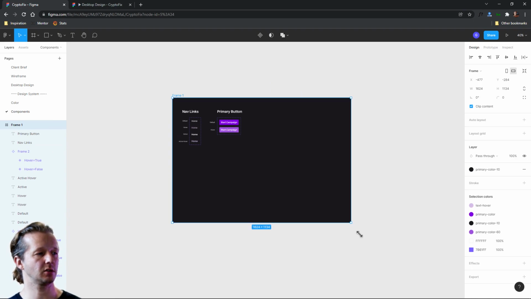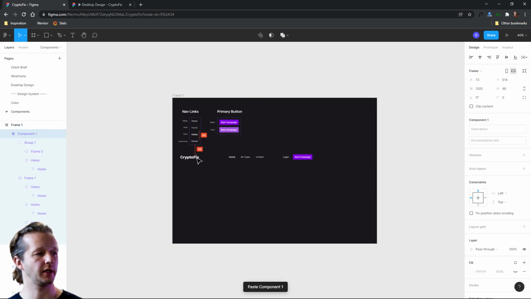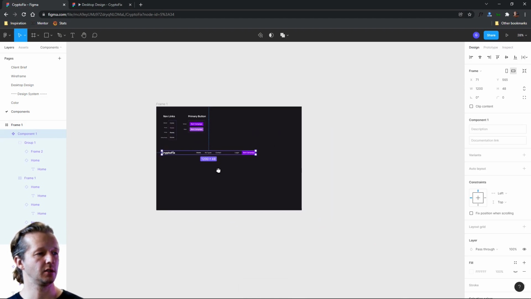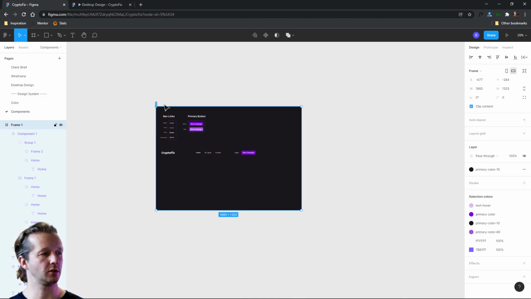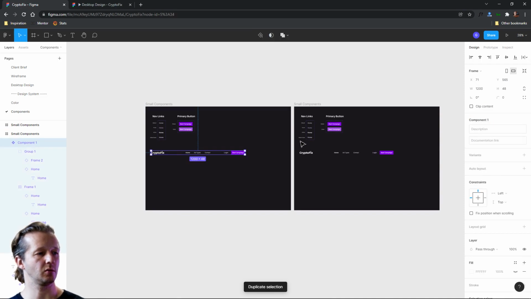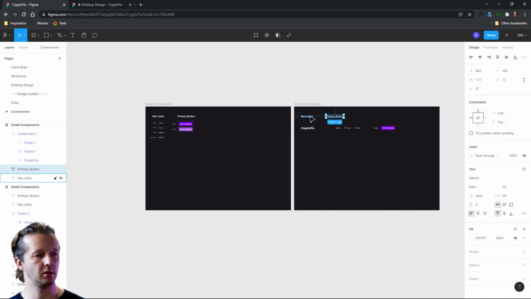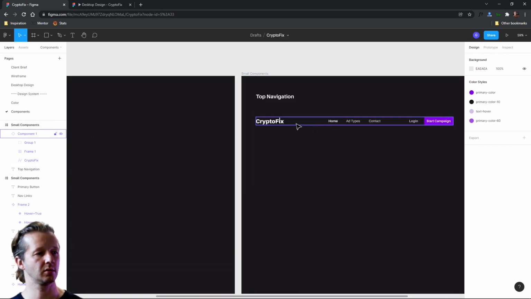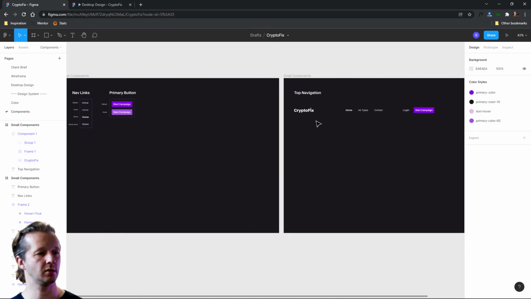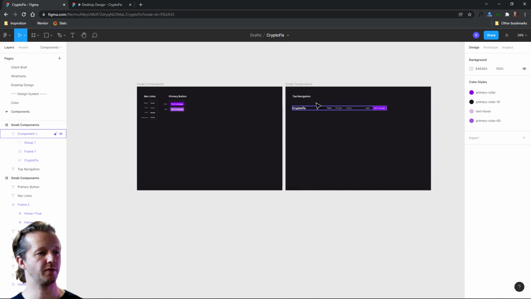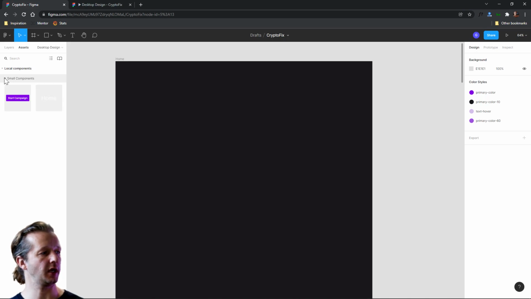and let's make this a little bit larger. And here is a header component. So let's just make this a label of small components. We'll delete this over here. This will be primary. Let's just make that top navigation rather. All right. And that's pretty good for now. Happy with that. So one last time, we'll go back to design, assets, and